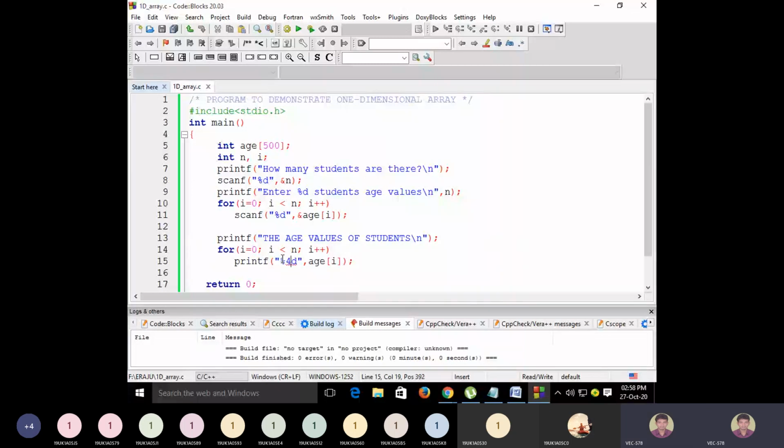Now from that list, if I find the maximum age number and the minimum age number, then I can say that this is the oldest student with this age and this is the youngest student with this age. Okay, that means you are given a list of numbers. Now you can reframe the problem this way. When you are given a list of numbers, if you can find the maximum number and minimum number, okay, so that is the problem.